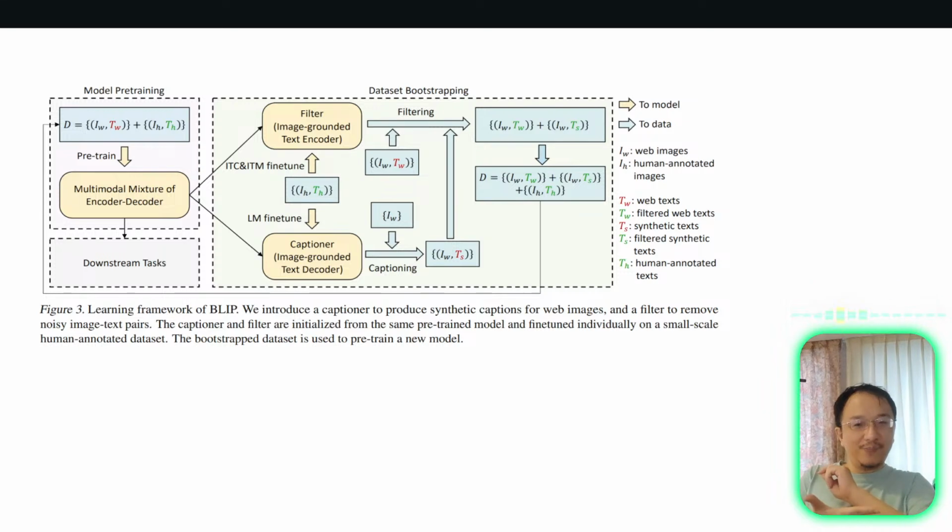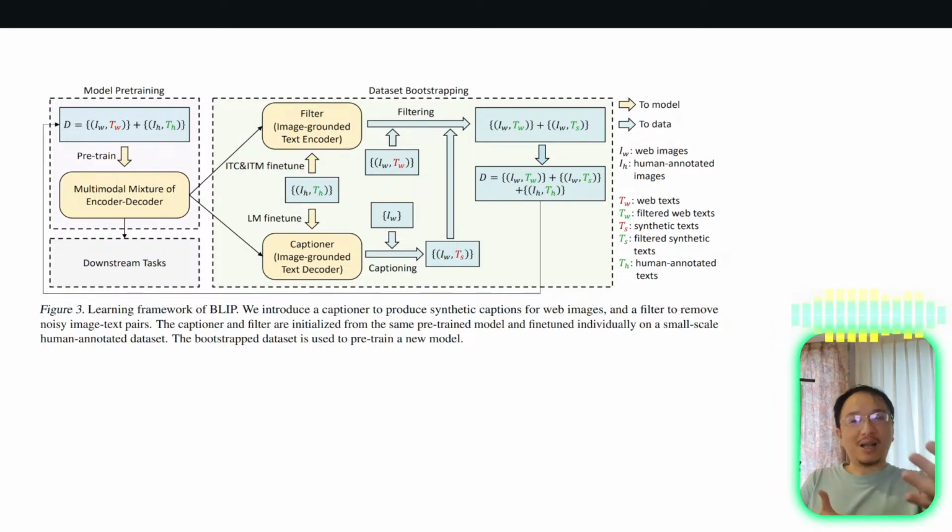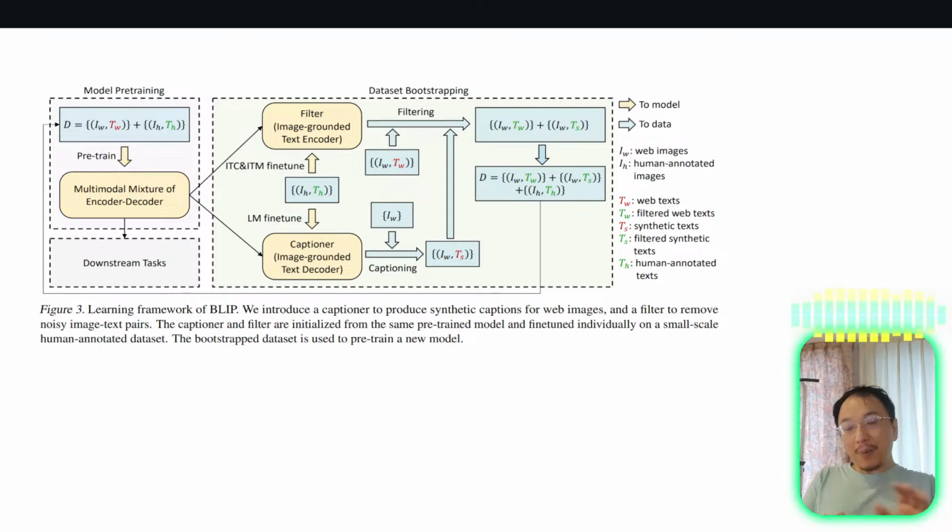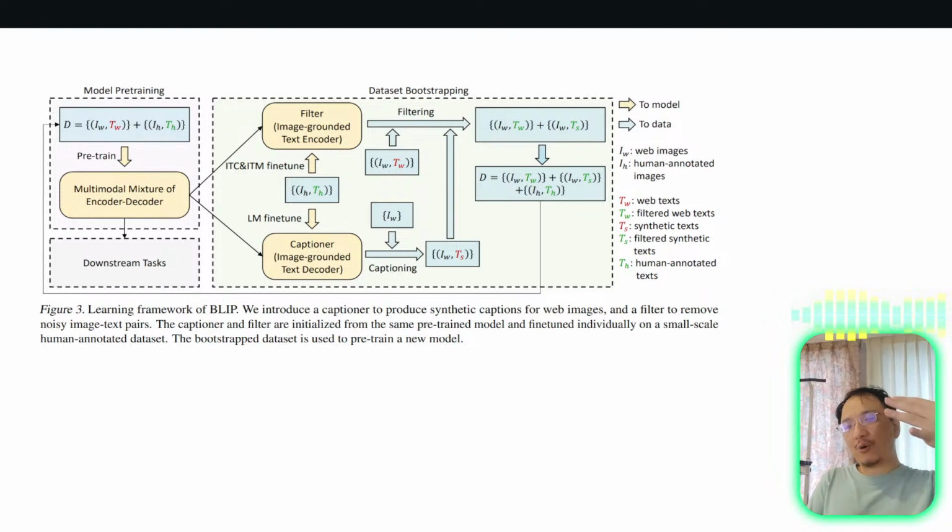So if you are asking people to do that many image and text pairs, they are going to do a lot of things very sloppily, with very poor quality. So there are really a lot of image and text pairs that are really bad. Just like we have already seen last week,